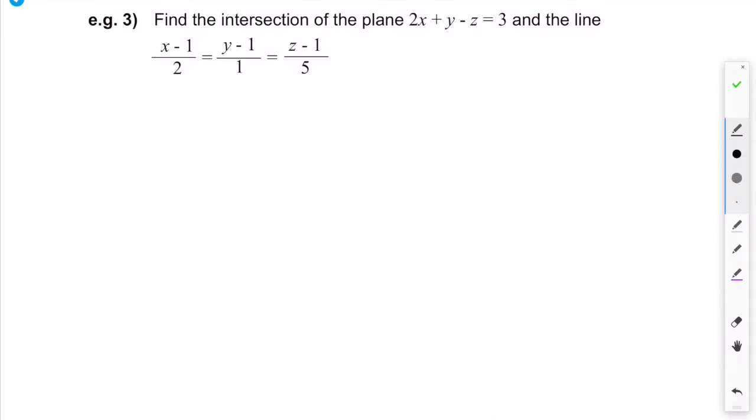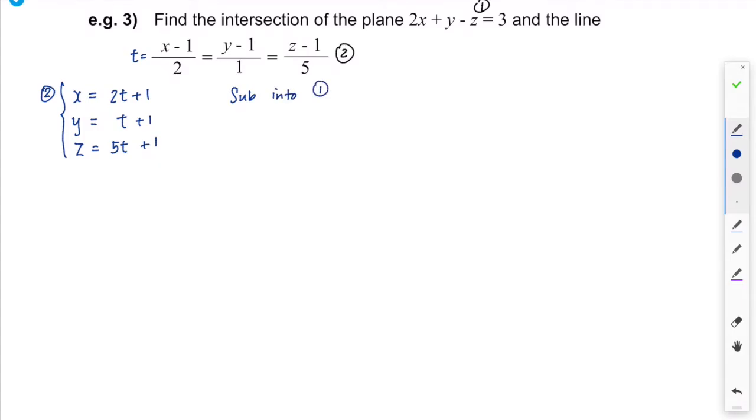Example 3. Find the intersection of the plane 2x plus y minus z equals 3 and the line in Cartesian form. How many different flavors can we get? Not that many, right? So let's label them. We know parametric form works best. So here we go again in parametric form. If I let this be t, x would be 2t plus 1, y would be t plus 1, and z would be 5t plus 1. Okay, and then let's substitute